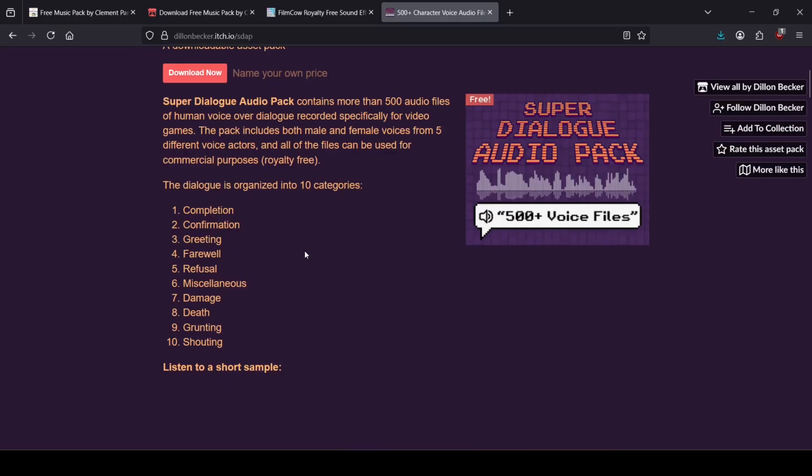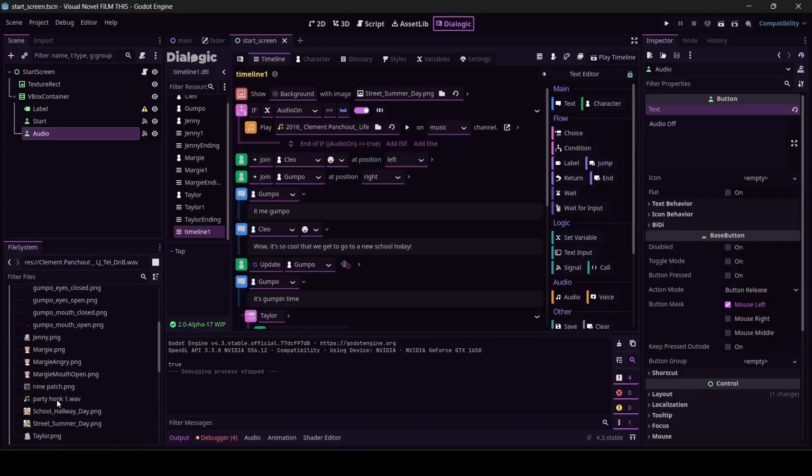Have you ever played Fire Emblem, and whenever you're going through the dialogue that's not voiced, they're like, ooh, ooh. That's what this is. I thought this was super cool. If you're making a visual novel, I could see this being really useful. But I'm going to use the party horn sound effect. I have it loaded right there, party honk.